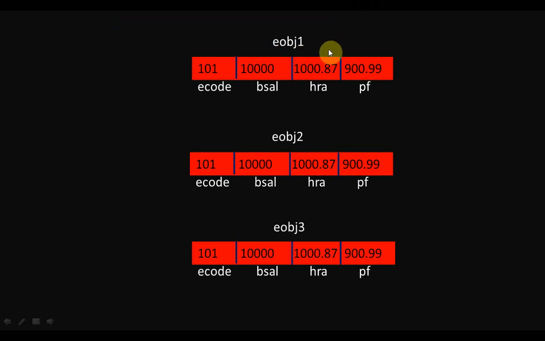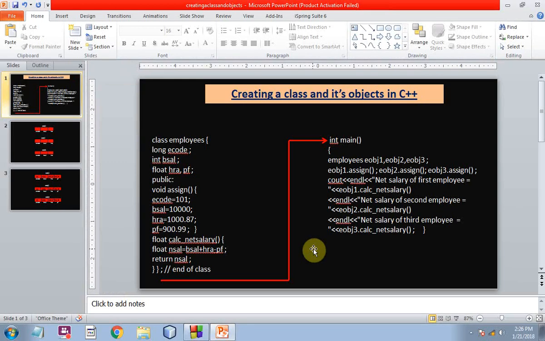Okay, now see, when I called eobj1 dot assign, we assigned the values 101 to ecode of eobj1, the current object, 10,000 to bcell, 1000.87 to HRA, and 900.99 to PF. The second call was eobj2 dot assign. The same thing happened here, but the object was different and the memory was different, because all the three objects have been assigned different memory locations. This was the result of eobj3 dot assign. So let me go back to the